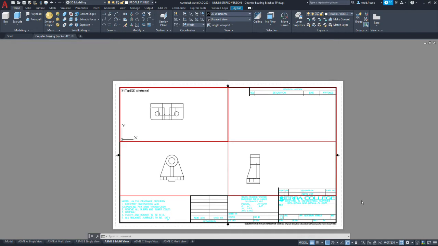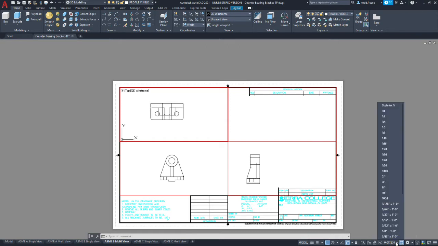So we're going to go down. We have the top view currently active, and we're going to go down to the right where you see these numbers and a down arrow. That's the actual scale factor that that view is currently zoomed at. Okay, so we're going to open that window, and we're actually going to make scales that are for metric.